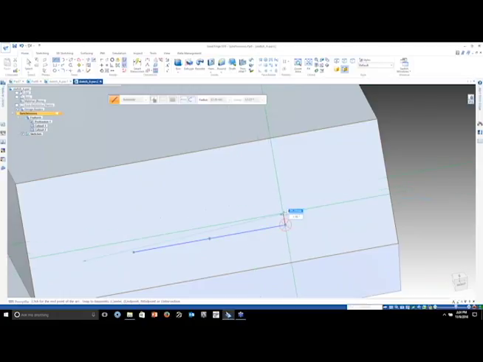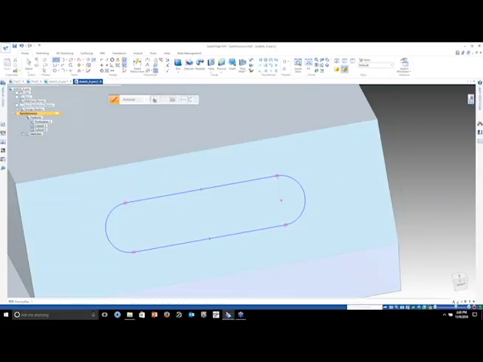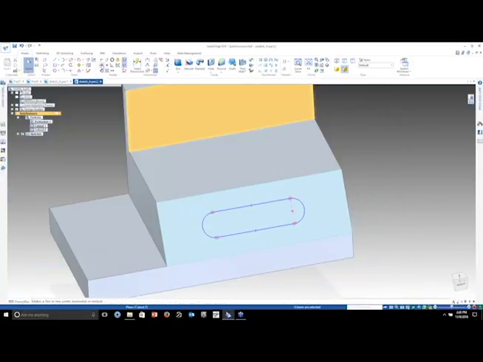All right, so I'm still in the sketch command. If I hit A on my keyboard, it's going to turn into an arc command. So depending on which quadrant I drag out of, if I go this way, it's going to come out this way. If I go straight up, it's going to go up. So I want to make sure I come out the end, go to the right, come back up a little bit, and it automatically turns back into a line, just like before. Touch the previous line, snaps to it, hit A again, and it's going to turn into an arc, and it's